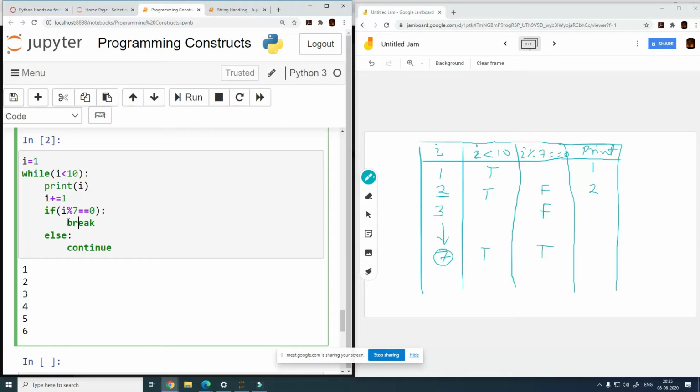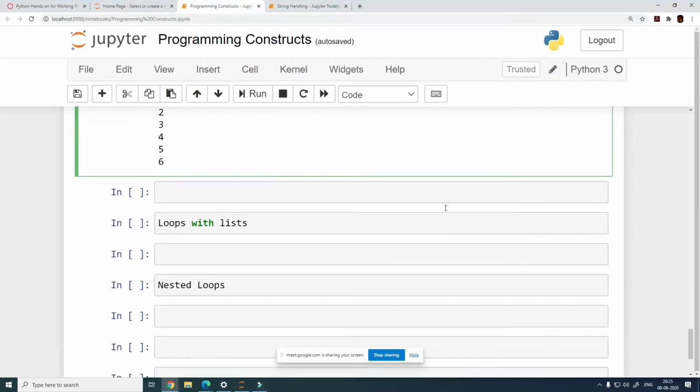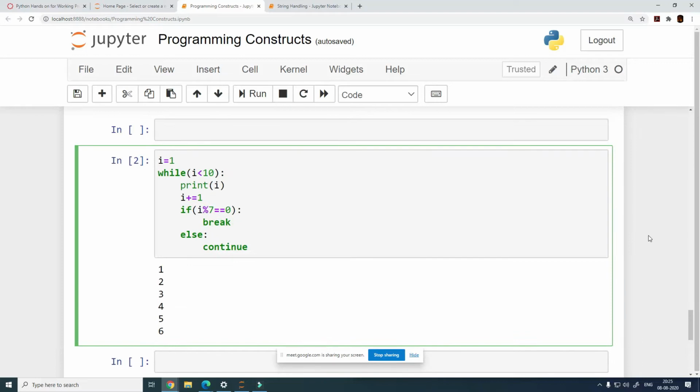Any questions? No. All right. So these are very simple concepts, break and continue, and you mostly need them while doing a while loop. You can also use them with for loops.